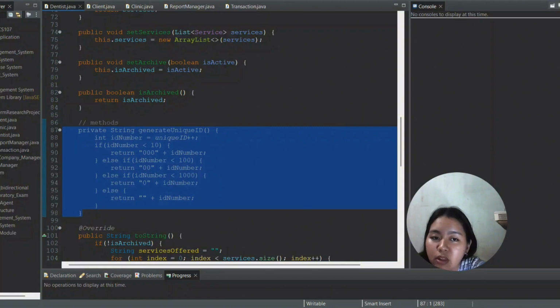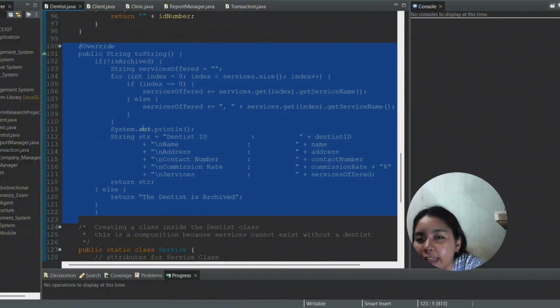The method ensures that the ID is always at least four digits, adding leading zeros when necessary. For example, if the ID is 1, it becomes 0001, and if it's 12, it becomes 0012.